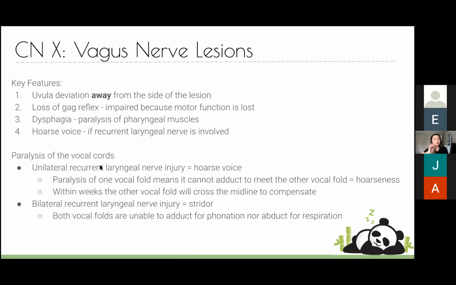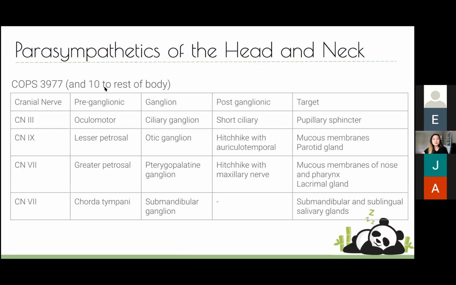Paralysis of the vocal cords will come a little bit later. Cool. This is your parasympathetics again. So CN 3, 7, 9 and 10 to the rest of the body. So 3